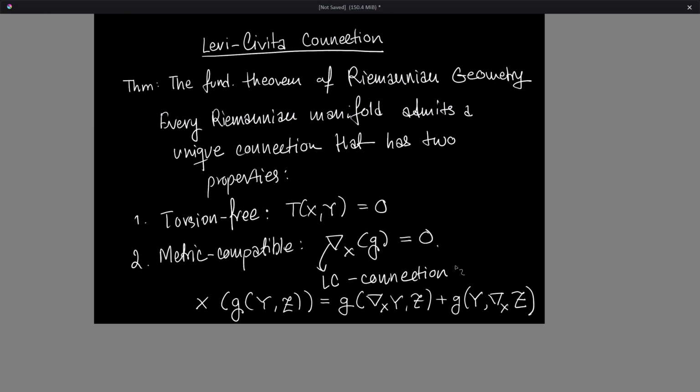Yeah, so these are equivalent to each other. So the point being that every Riemannian manifold has a Levi-Civita connection, and this is a unique connection that is torsion free, and it commutes with the metric, and therefore,